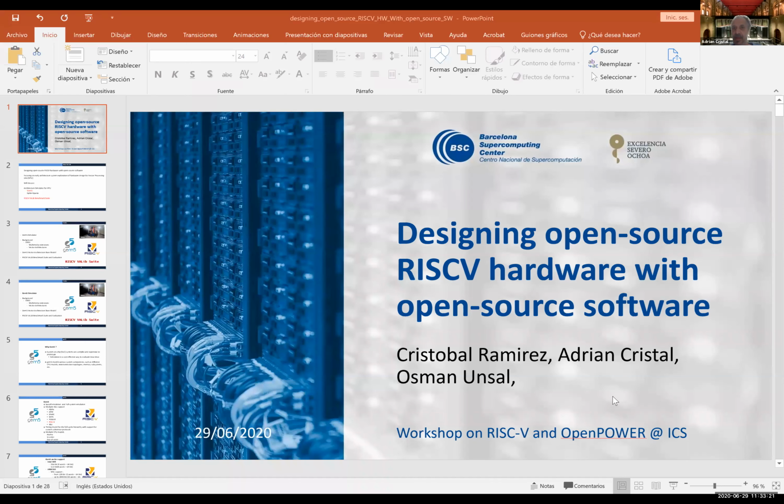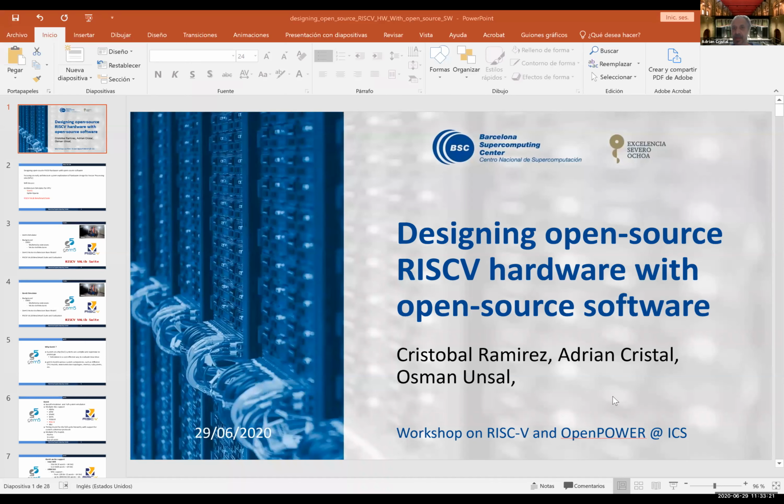I am going to present designing open source RISC-V hardware with open source software. This work was done by our PhD student, Cristóbal Ramirez, and we are presenting it. What we are going to do here is mostly to work on the vector processor unit.